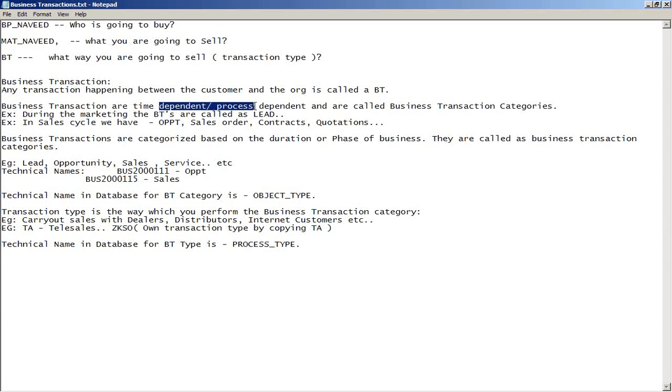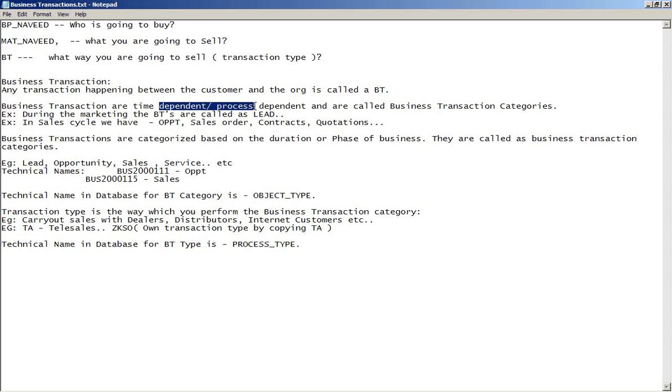So what are the transaction category types we have? Lead is a transaction category, opportunity is a transaction category, sales order, service confirmations, service contracts, sales contracts, sales orders, return orders, complaints. These are all transaction categories, the category of a transaction which occurs in different phases of a business.